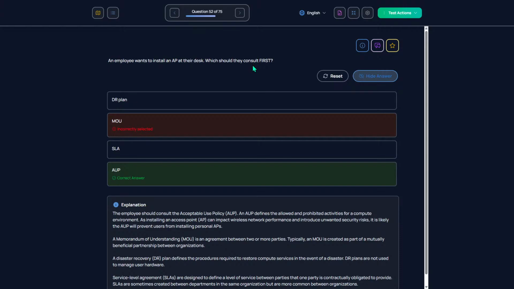Wait, are they trying to install an access point that they have purchased and are trying to bring on their own? Yeah, it's a personal AP. That's what they were trying to do, so that's why they used the AUP instead.